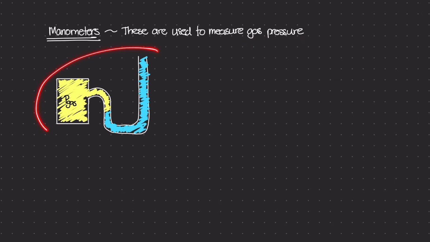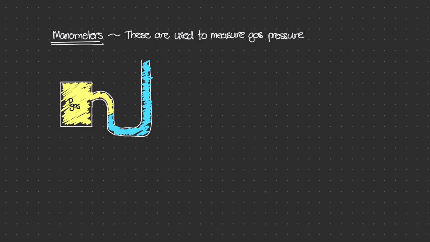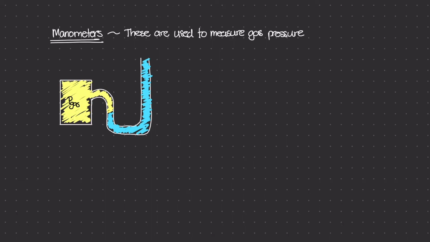Well, these devices, and I've drawn one here, usually have some kind of a chamber that's filled up with gas, and that chamber is connected to some sort of a tube that's filled with some sort of a liquid down here with constant mass density. And we can use the concepts of hydrostatic equilibrium and everything that we know about liquids and gases to essentially calculate the pressure inside of this chamber. So this attached tube is usually open to the atmosphere at the very top, and it's filled in with some